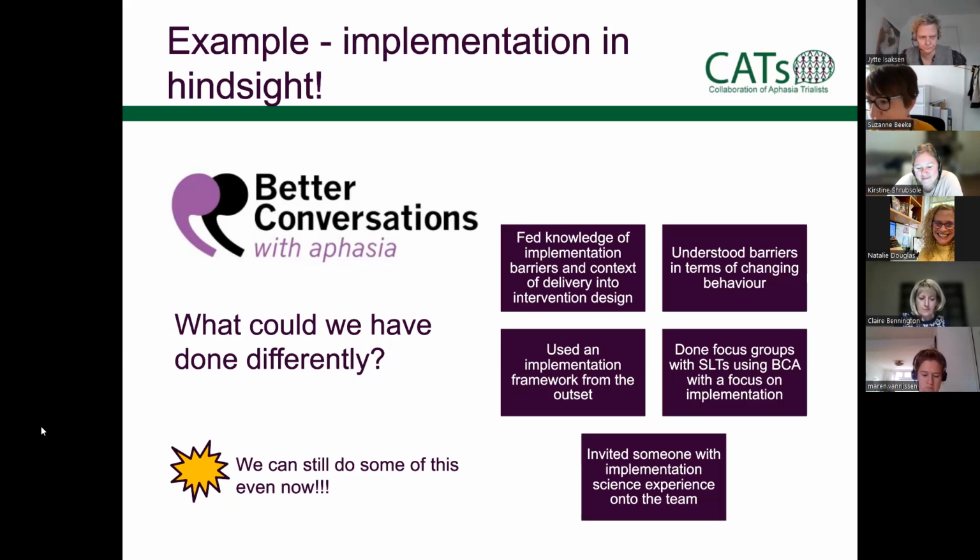And I'm really excited about what I'm learning about implementation science and just the different lens it gives me to understand the problems that we're definitely facing. It's a whole new way of thinking about it. And I'm definitely going to go away and use some of these tools to impact the barriers that we understand already and come up with some implementation strategies that could really help us moving forward. So thank you, that's what I wanted to say.